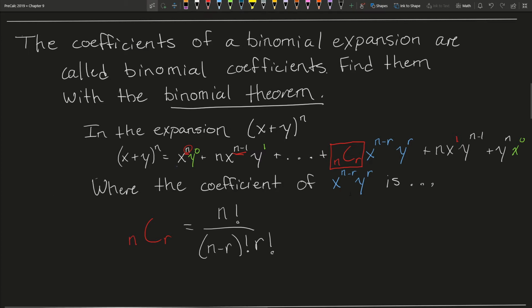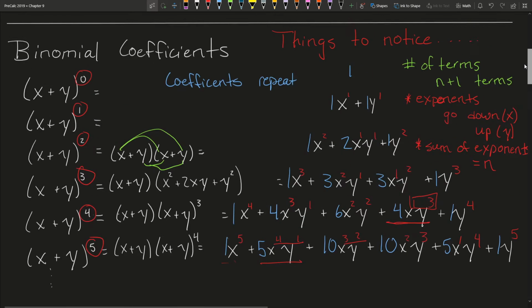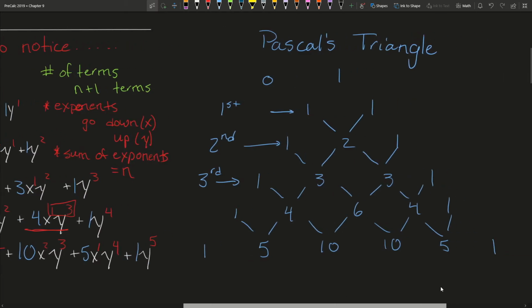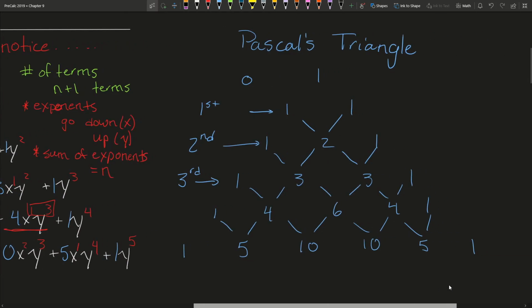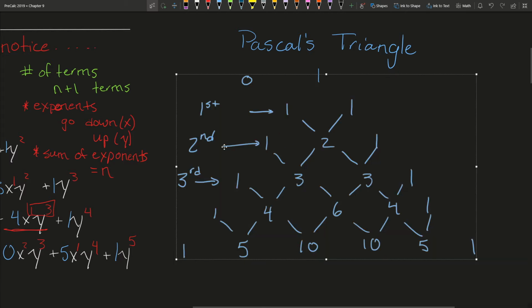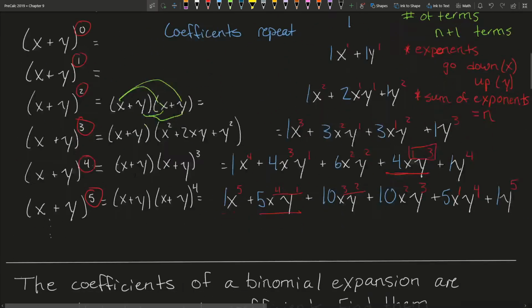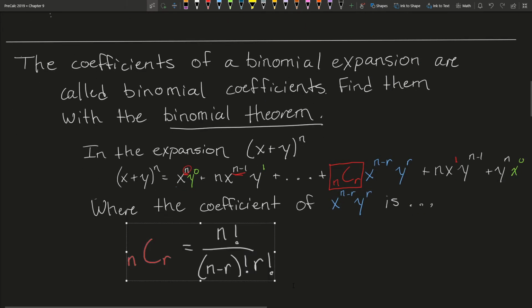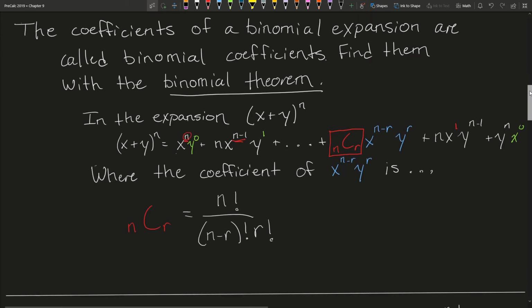And then we also went over the known coefficients, or the more obvious coefficients. And we went over that in terms of this Pascal's triangle. Okay, and we'll be using this just a little bit more here in the next couple minutes. But these are the exponents of the terms, which really boil down to all of these numbers being derived from this. Right, so if we rewrite this triangle,